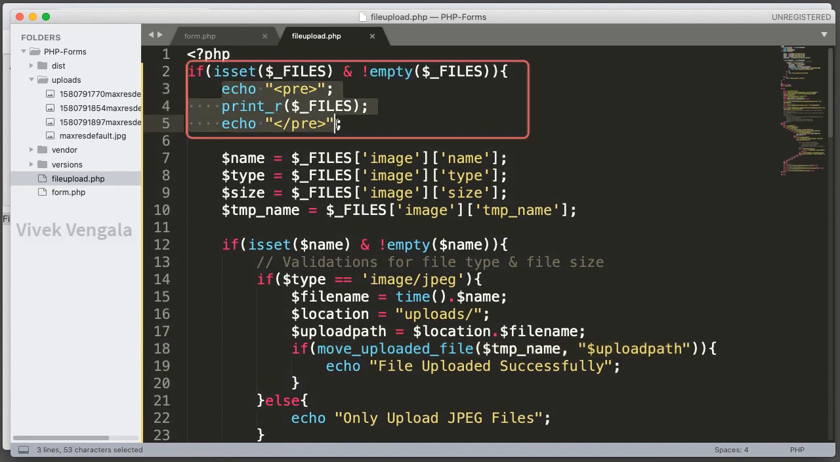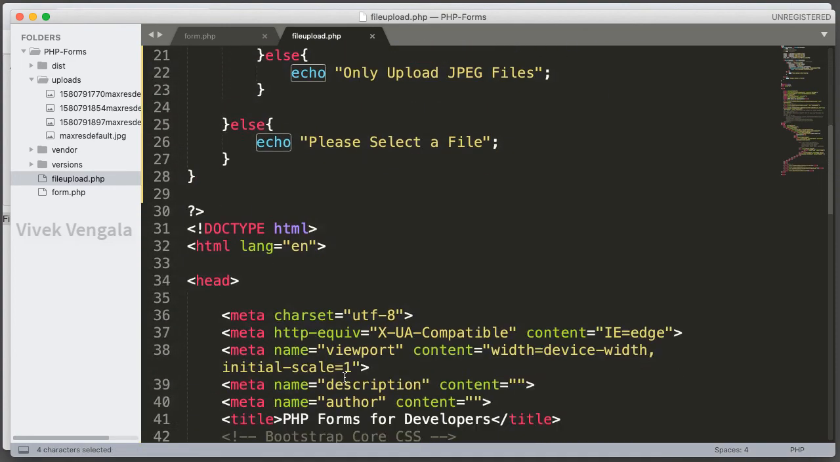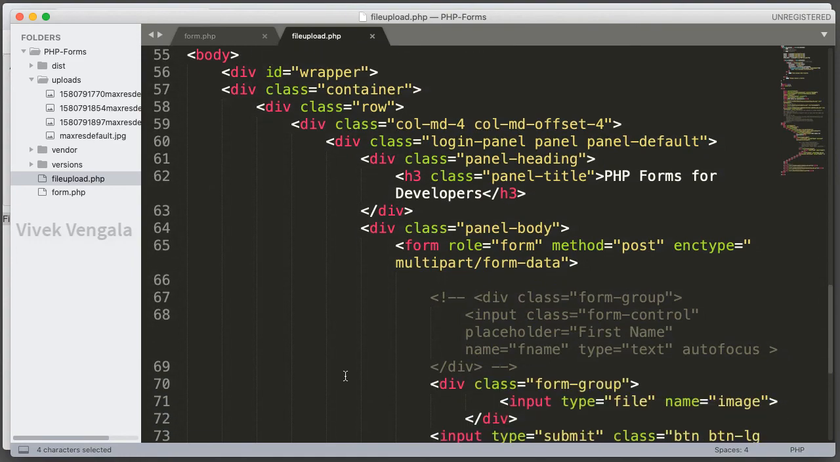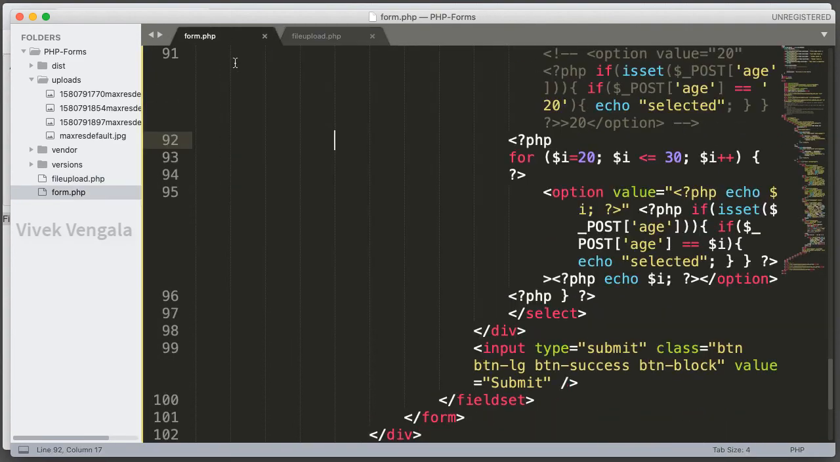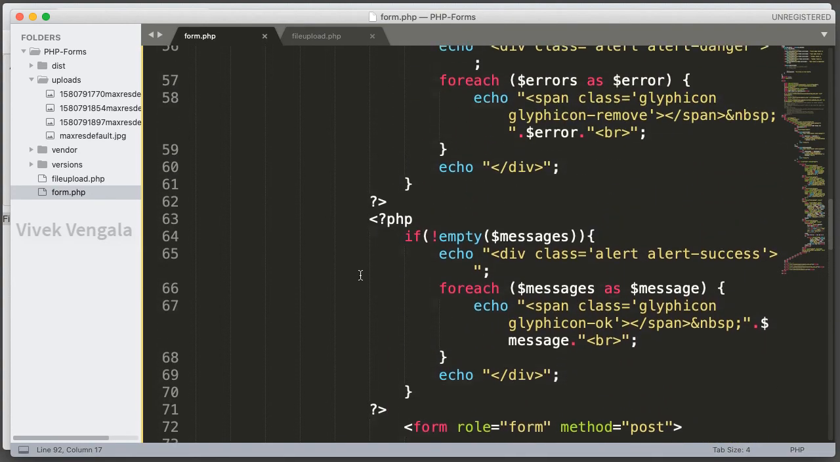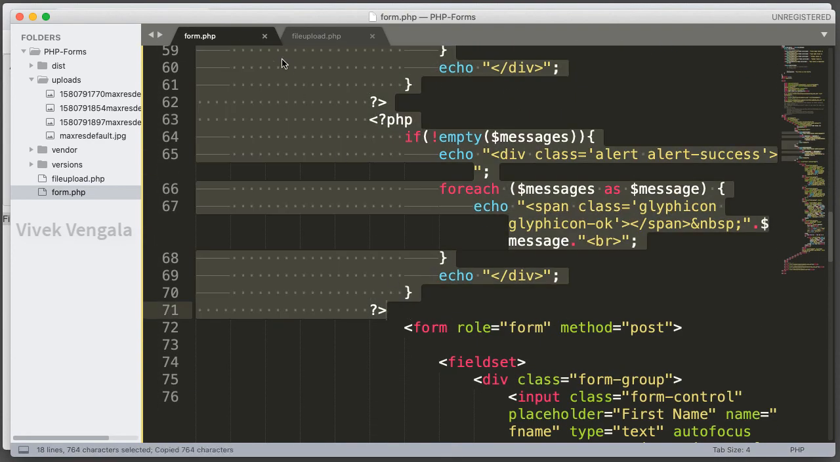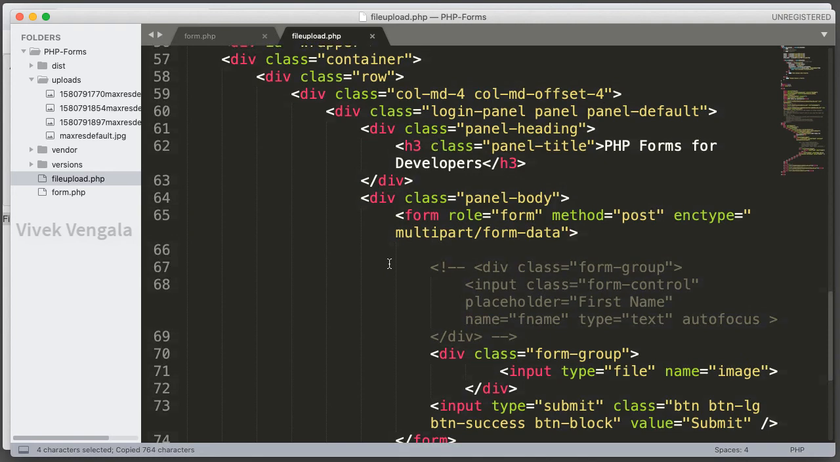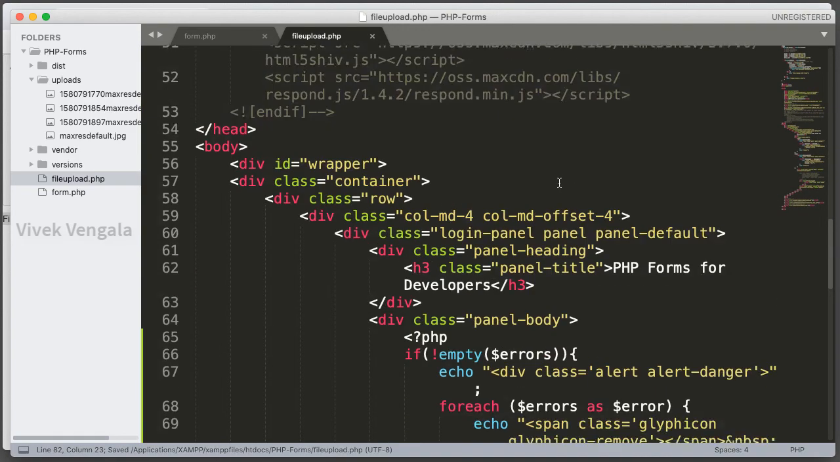I am going to comment this step, and also I want to move these errors and success messages inside this panel body so that we can see them above our form. We have already worked on these errors and success messages in previous videos. I'm going to reuse the code. I'm copying these two PHP blocks, pasting them inside panel body before the form opening tag,